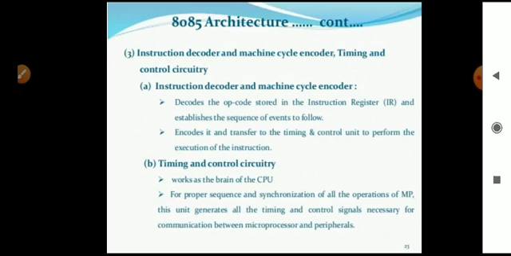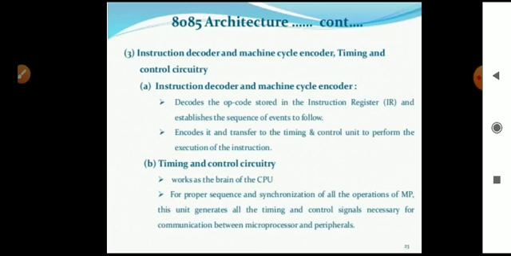The next is the timing and control circuitry. Again, it will work as the brain of the CPU. At the start of the video, in the architecture, I told that this timing and control unit is connected to all the blocks of the microprocessor. It means this alone is able to control all the blocks. It has the ability to control all the blocks, for proper sequence and synchronization